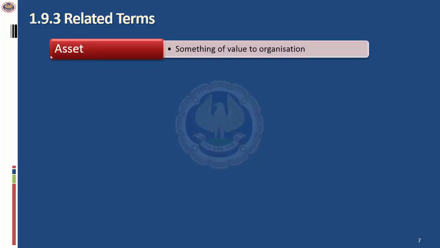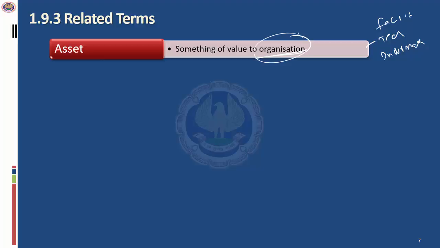Let's look at some of the related terms pertaining to risk management. If you have to understand risk management, you need to understand the vocabulary. And there are some basic terms. If you know these terms, you find understanding risk management becomes quite simple. The first is there is an asset which is being used in the organization. What's an asset? Asset could be the facilities, could be the technology, could be the information. Anything which is of value to the organization is an asset.